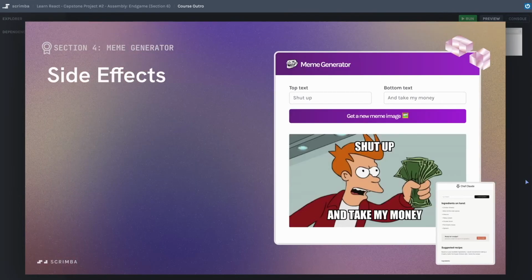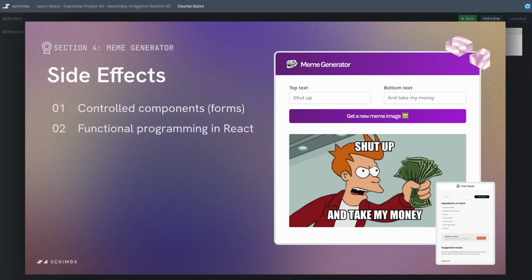Then we had a lot of fun building our meme generator and learning about side effects in React. We began the section by talking about controlled components, which are essentially the way that React has approached dealing with forms all the way up until very recently at the time of this recording. But there are scenarios where controlled components can still be useful. In our case, we wanted to update our state so that the top text would reflect on every keystroke what the user was typing into the input box.